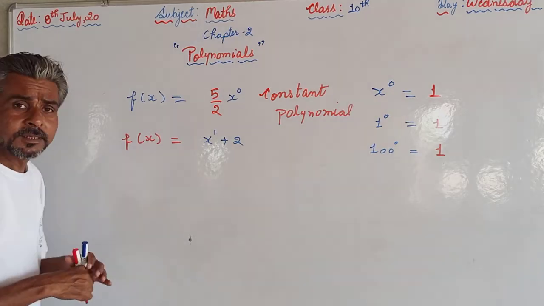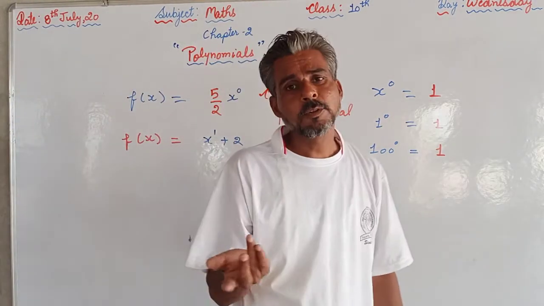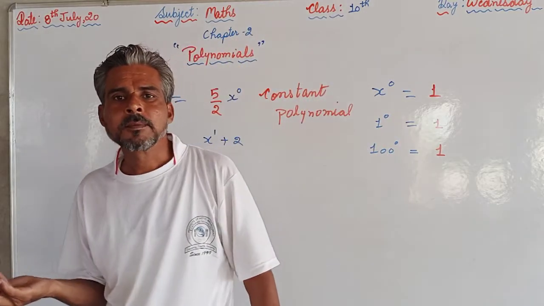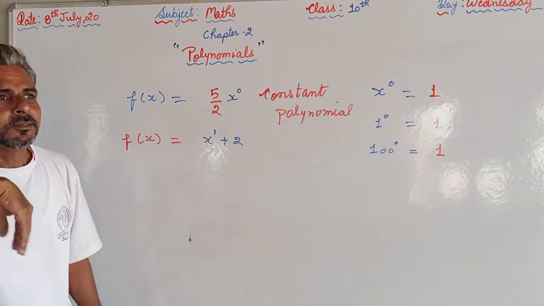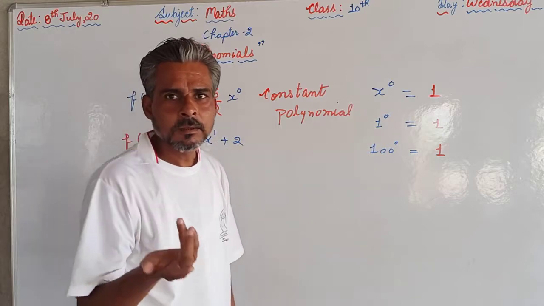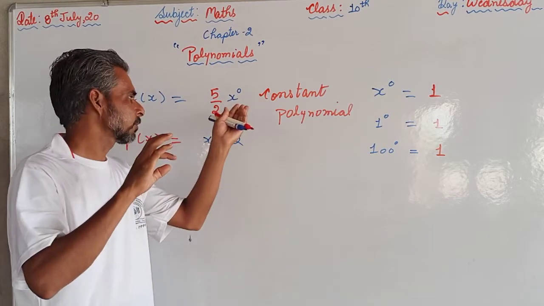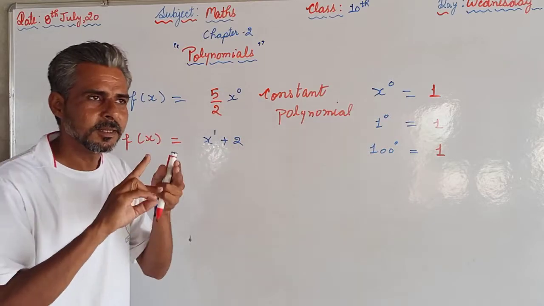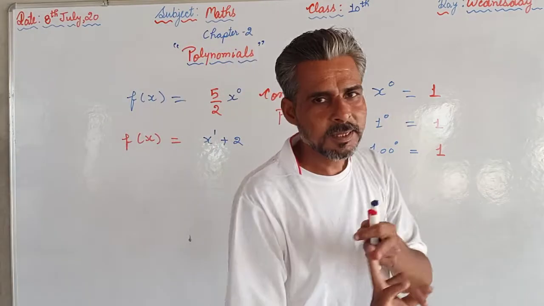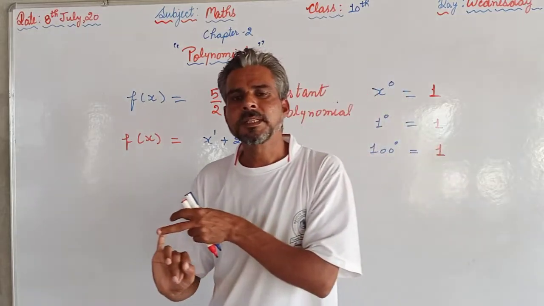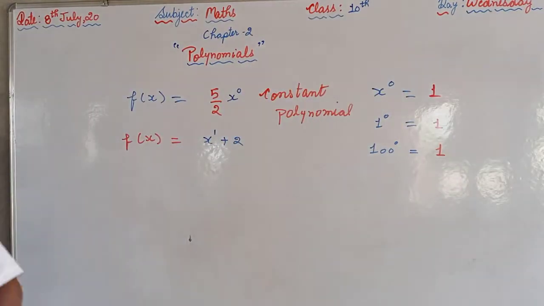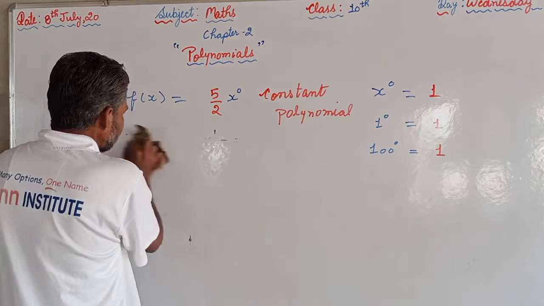और अगर हमारी डिग्री 2 हो जाएगी तो हमारी हो जाएगी क्वाड्रेटिक पॉलिनोमियल, और अगर हमारी डिग्री 3 हो जाएगी मीन्स क्यूबिक, और 4 हो जाएगी तो बाई क्वाड्रेटिक. डिग्री 0 है तो कांस्टेंट, डिग्री 1 है लीनियर, डिग्री 2 है क्वाड्रेटिक, डिग्री 3 है क्यूबिक, डिग्री 4 है मीन्स बाई क्वाड्रेटिक. एंड सेकेंड थिंग इज ऑल्सो देयर,